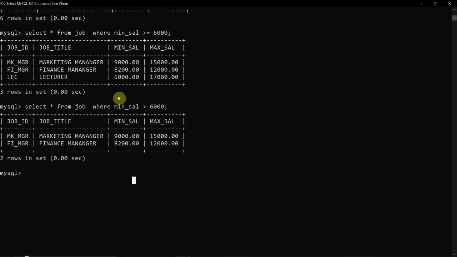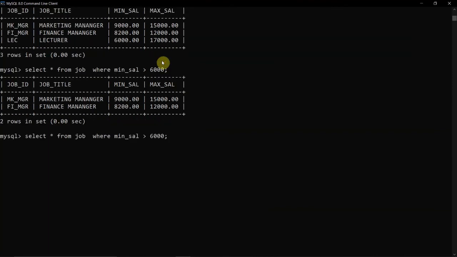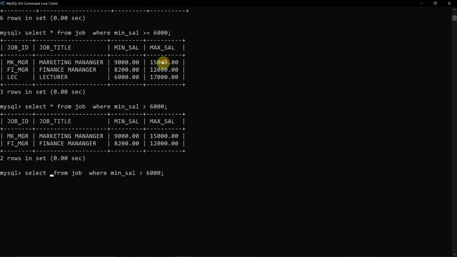In the same way, if I am using the less than or equals to sign, suppose I want the maximum salary to be less than or equals to 10,000. Right. So here, suppose I'm not using star and I'm mentioning only three columns, that is job ID, job title, and maximum salary.